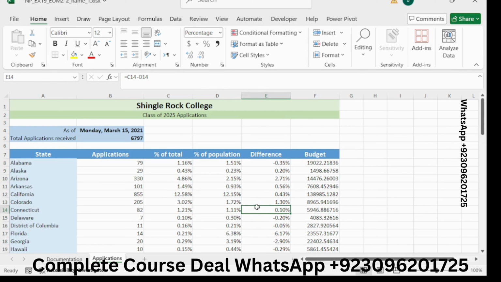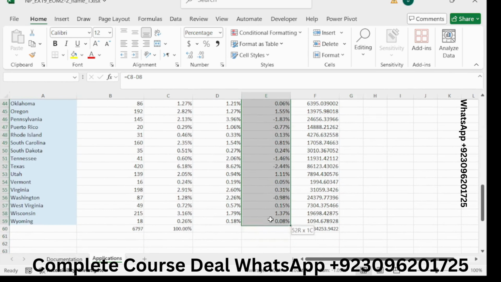And our step number 13 is for the range E8 to E60. Select the range E8 to E60. Add conditional formatting using the highlight cell rule.